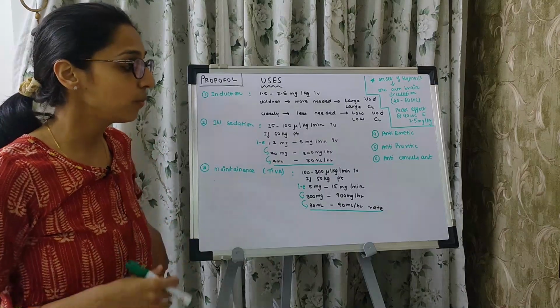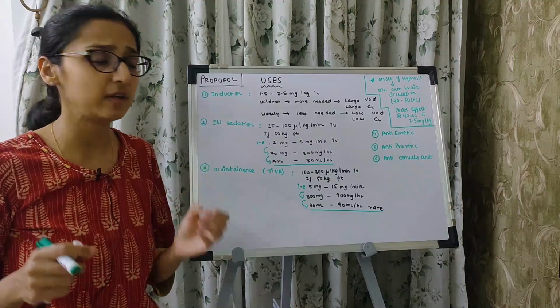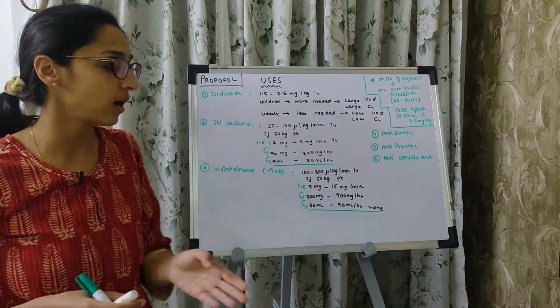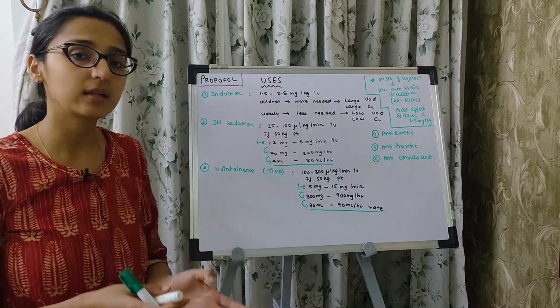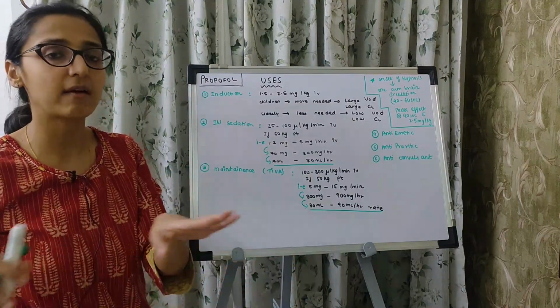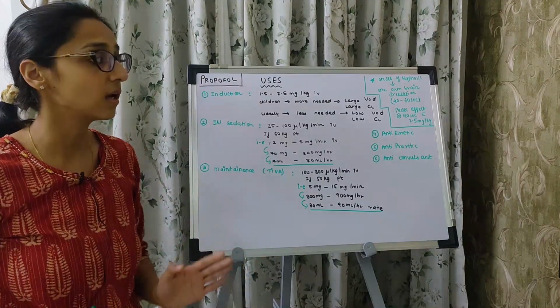All right, so from a practical point of view, for IV sedation you have to start your infusion at 7 ml per hour. You can go up to like 30 ml per hour, and for maintenance you can start at like 30 ml per hour and you can go up to 90 ml per hour, considering your patient is on average 50 kgs. If the patient is more in weight, then you just go a little higher than this.